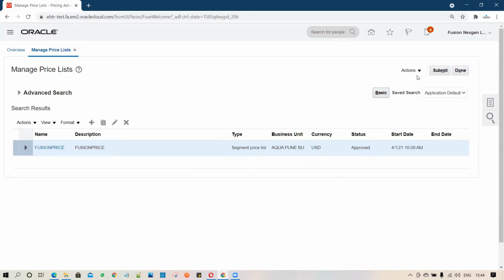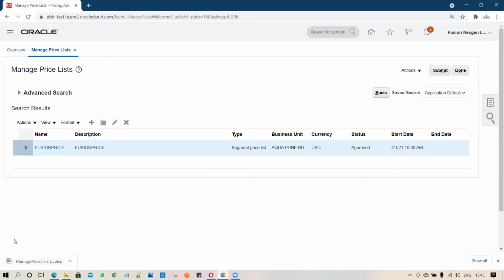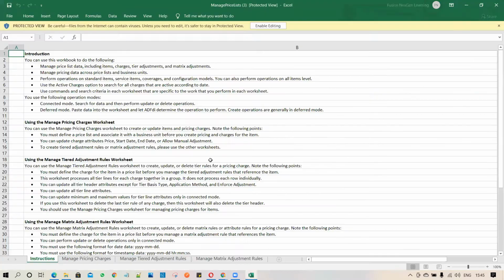To have it, you have to go to the actions within the manage price list. You have to click on actions. You have the option to download a spreadsheet to maintain price list data. You have to click on that. Once you click on that, you can see that an Excel file is downloaded. You have to open that Excel spreadsheet. Once you open it, the system will prompt you to enable editing.